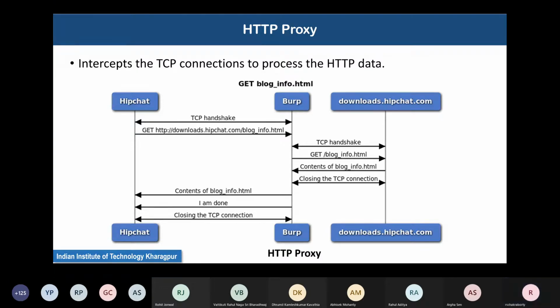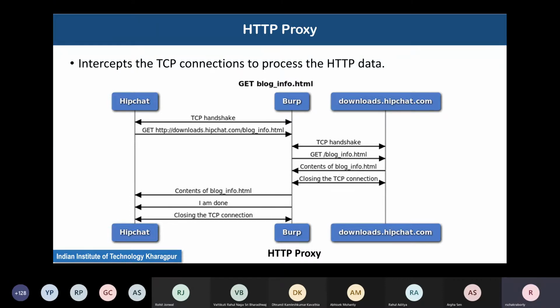Anyways, let us come back to the concept of HTTP proxy. The primary motivation of the HTTP proxy is essentially caching. What happens is that there is a client which makes a request, possibly from inside a larger internal network, say an individual computer.